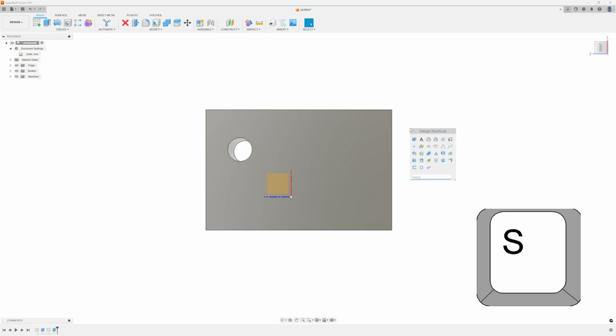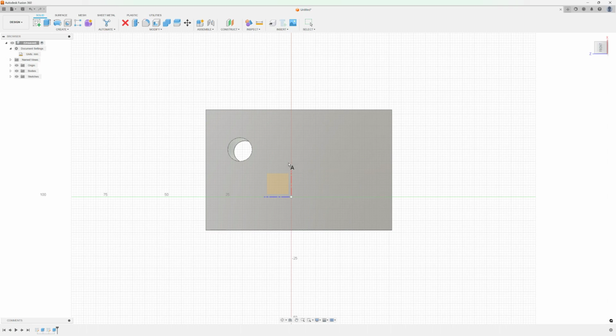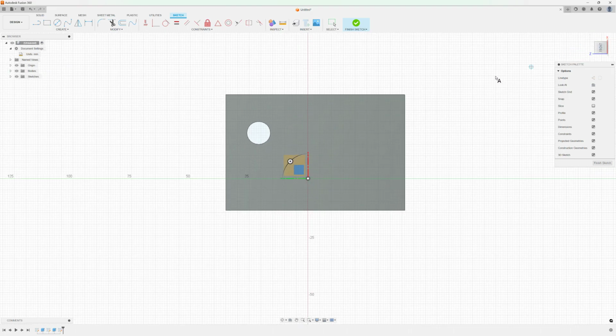So I'm going to hit search and I'm going to type in the word text, which right now I already have in my shortcut, so it doesn't pop up on yours. It'll pop down here. We want to look for the little A for the text. I'm going to click on the A, and I'm just going to click right here, and it turned back around on me. So I'm going to come back up here, left click. I'm going to turn that, and I'm going to click anywhere in the box. I'm going to type,